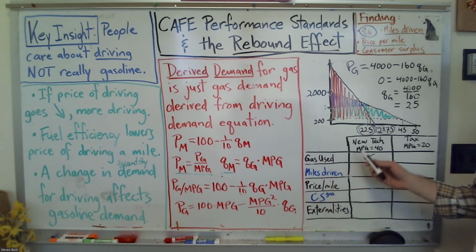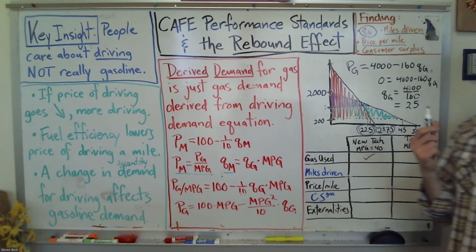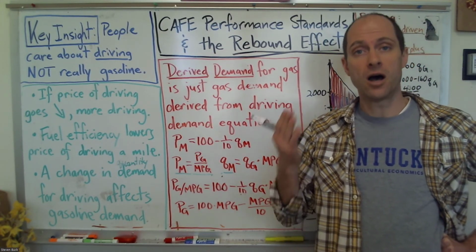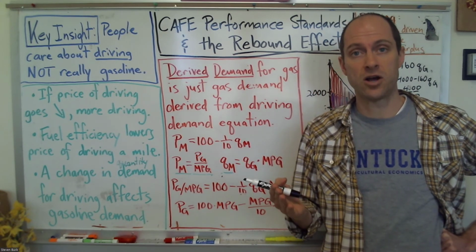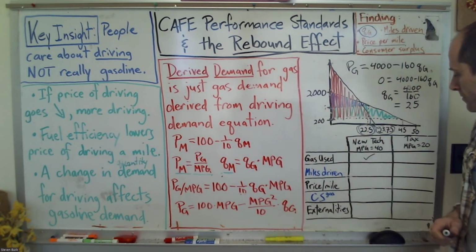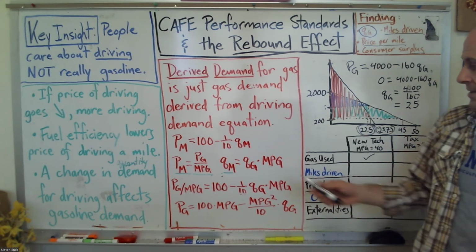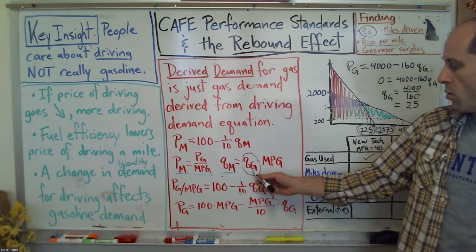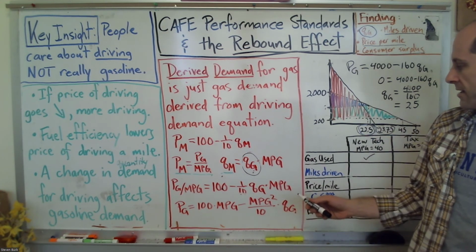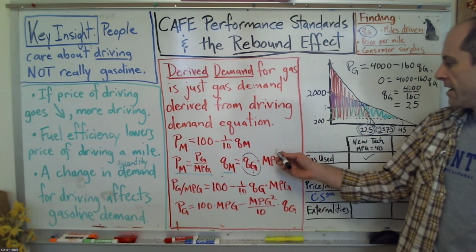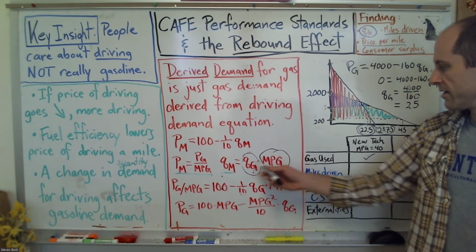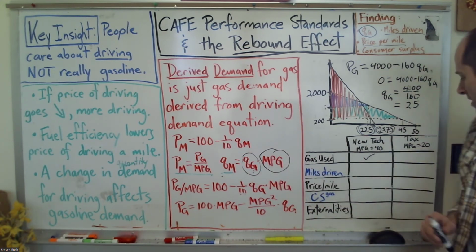Are we going to drive more miles under the new technology or the tax? We see we're clearly going to drive a lot more miles under the fuel efficient technology. Why? Because looking at our identity, we're using more gasoline than under the tax, and our miles per gallon is greater. So if both of these are greater, then of course the miles driven is going to be greater.